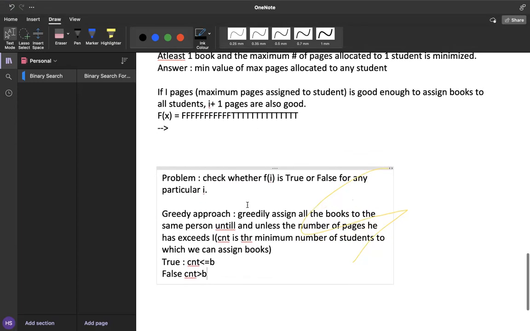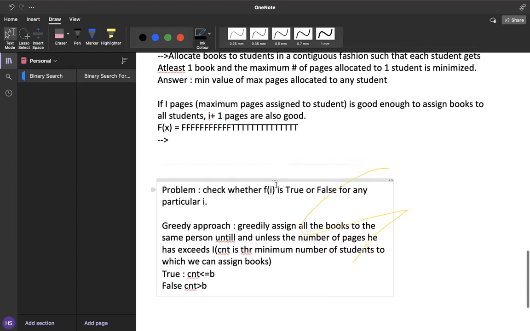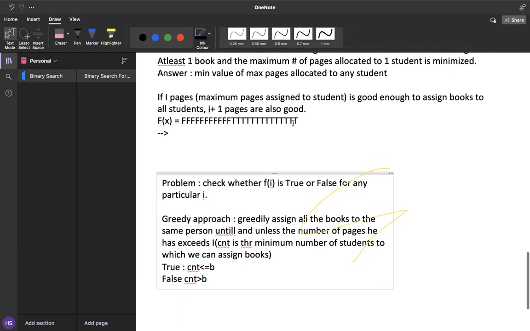And so are there any doubts in understanding what's going on here? Because this is tricky to understand, I admit that. And I will repeat again that this is one of the really hard problems of binary search. So if you have any kind of doubts in understanding how this greedy approach is working, you are free to ask. And if there are no doubts, I will just go ahead and try to implement this. All right, so if there are no doubts, let's start looking at the code.